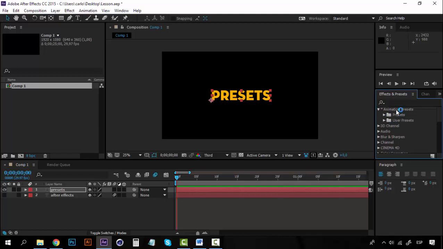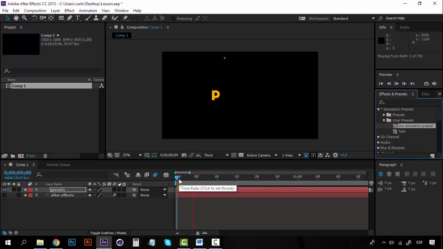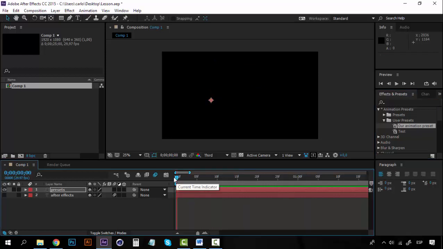Select the drop down menu, and you can see that it has the presets and the user presets. Now let's select our user presets, and you can see our file. This is an effects file called our animation preset, and if we double click on it, it will apply the effect to this other layer. Of course, we have to check the blur,